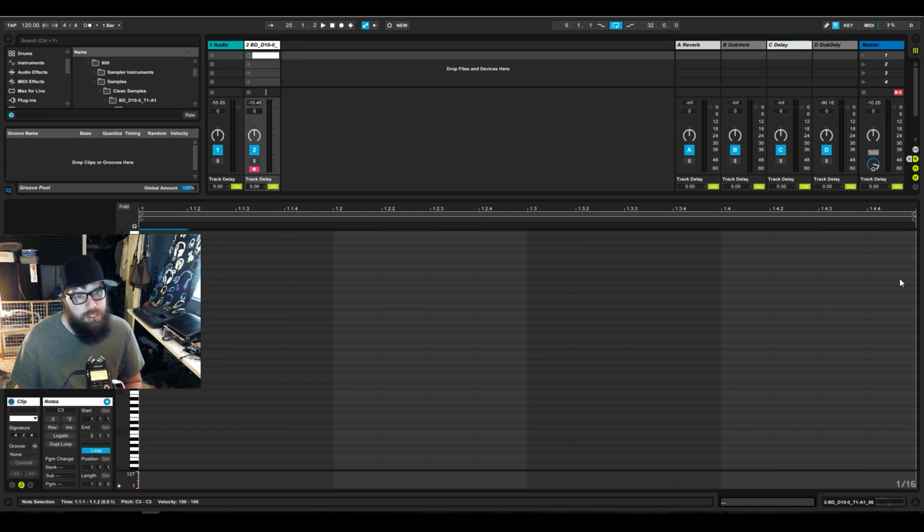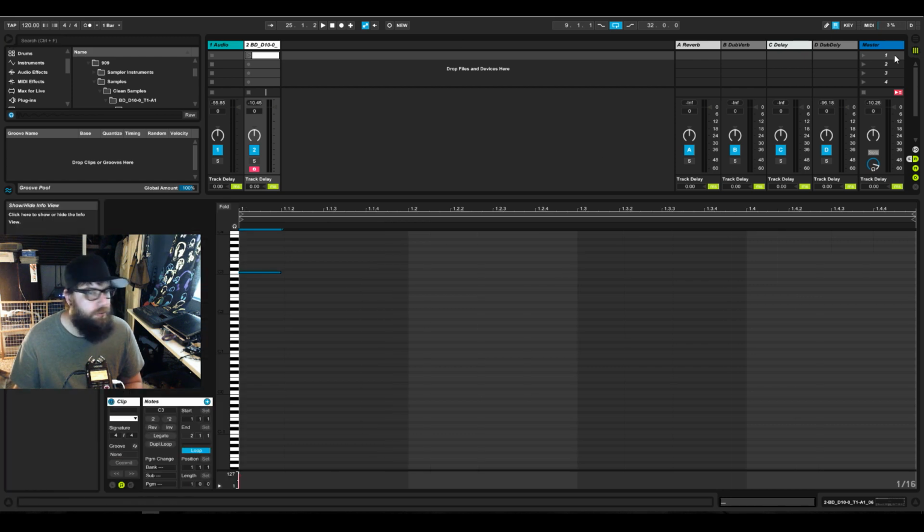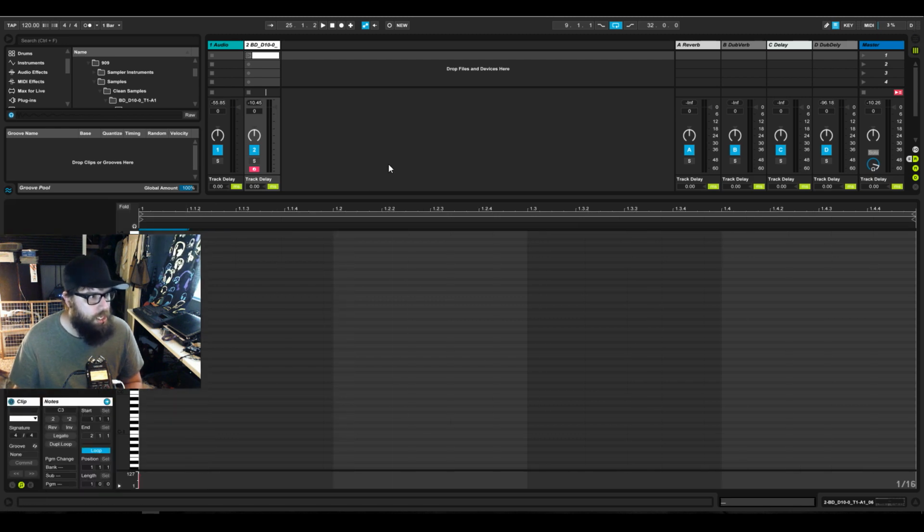People will go all the way across here. I don't, because I try to record this stuff. What I do when I'm working on music is I'll build it up here in Ableton. This is session view, not arrangement view. So I build everything in session view, and then I hook up some MIDI controllers, map some stuff to different parameters, then I hit play, as you can see in some of my other videos, and that's how the song gets laid out. I don't manually arrange it because I found that can be a very big block for me. So doing it this way actually makes things better for me.